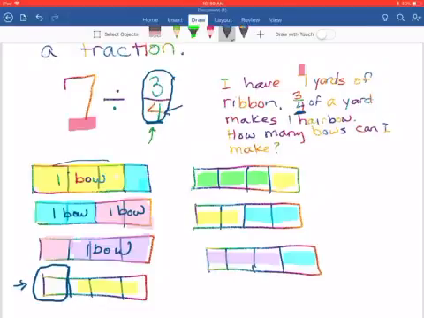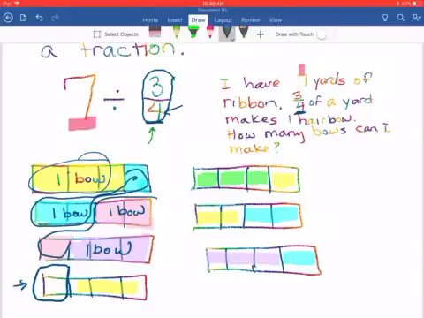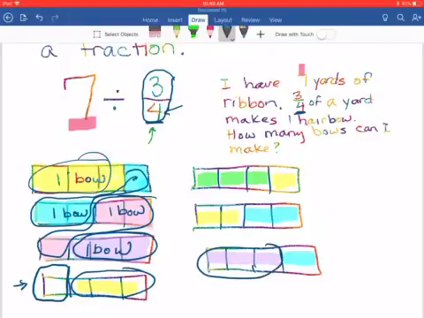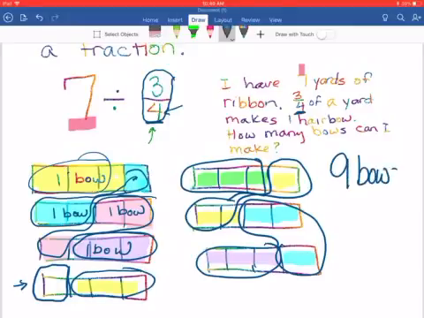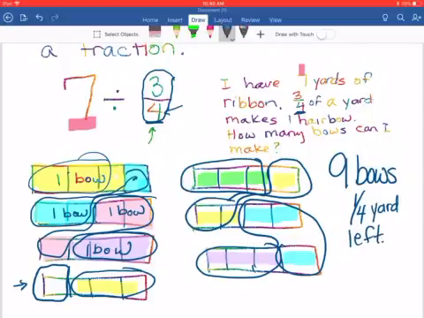So we've got 1 bow, 2 bows, 3, 4, 5, 6, 7, 8, 9 bows with a 1/4 yard left. All right, I'm going to let that sink in, and you're ready to move on to the assignment. If you need to